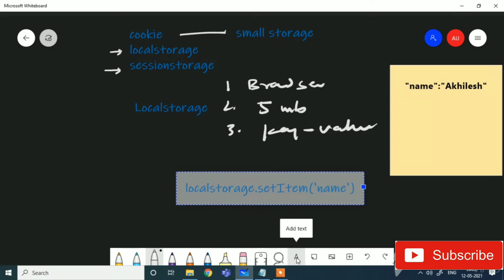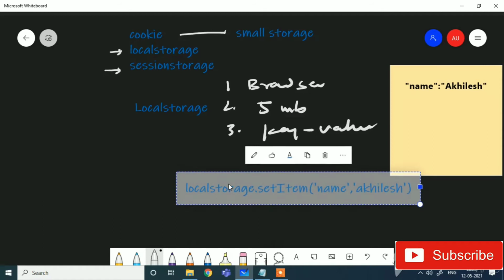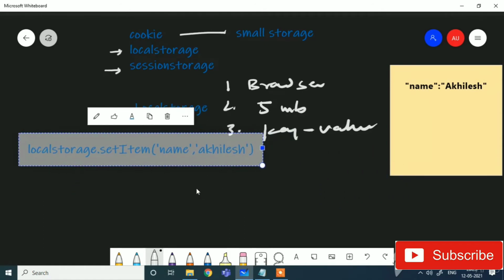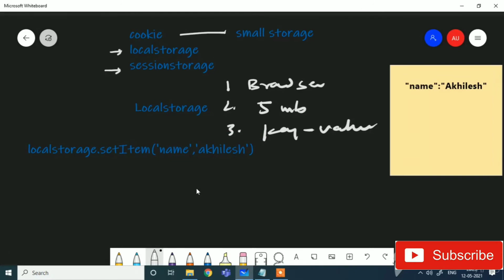Let's say I want to give name as a key and then the value, for example Achilles. It will take this information, key and value, and save it in the browser in the form of a key value pair.